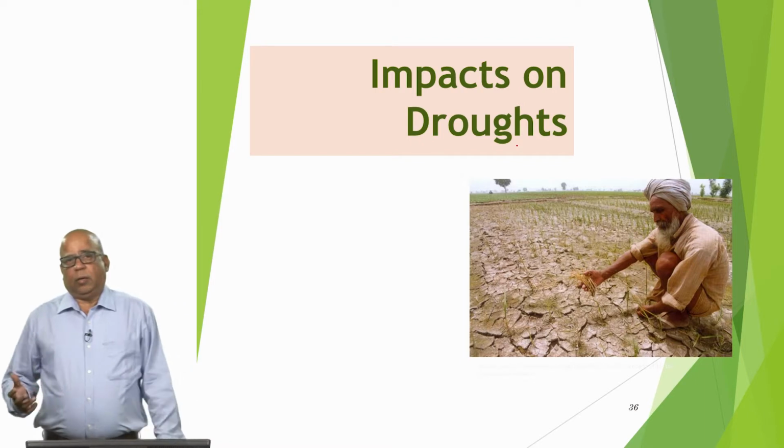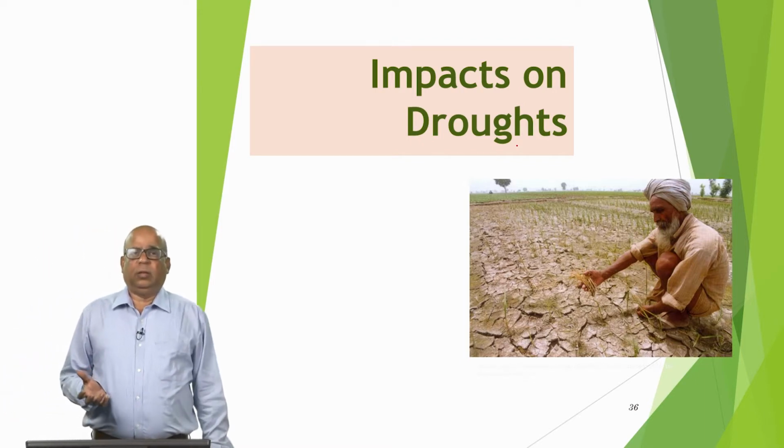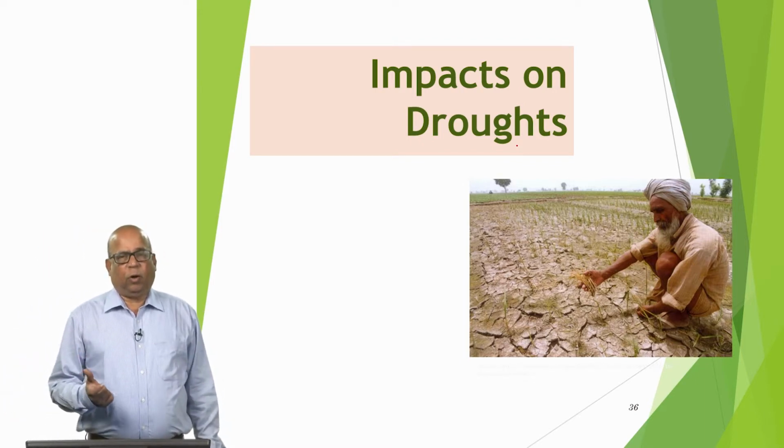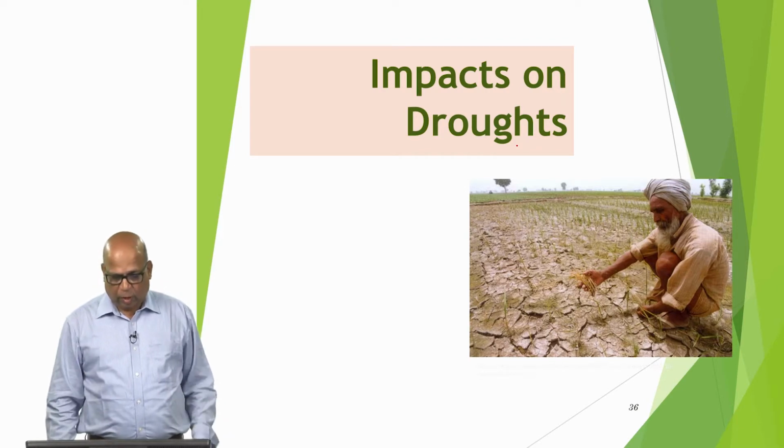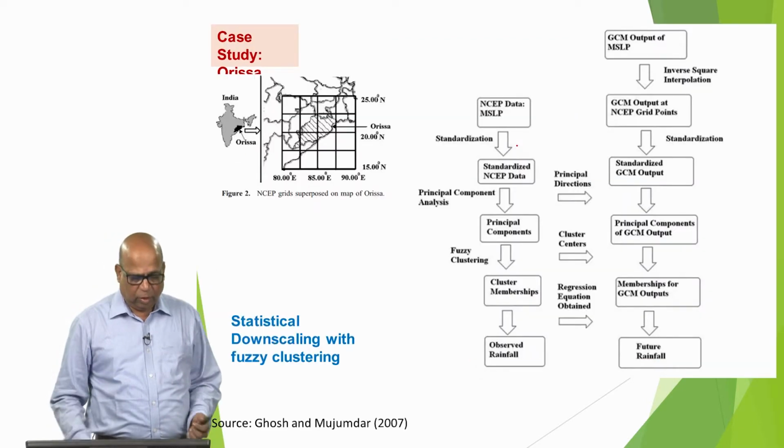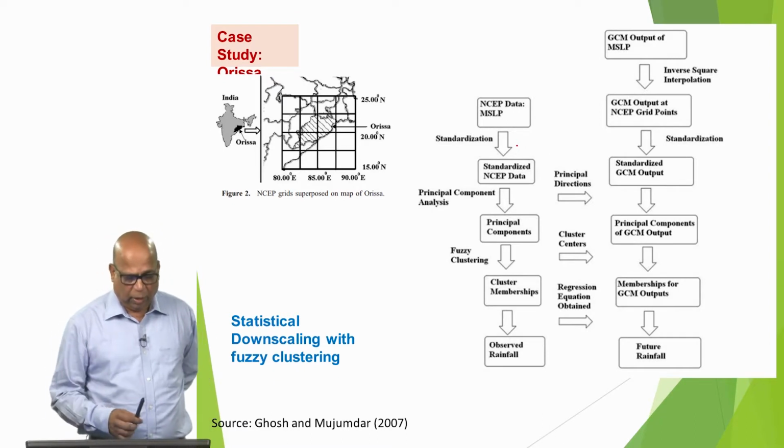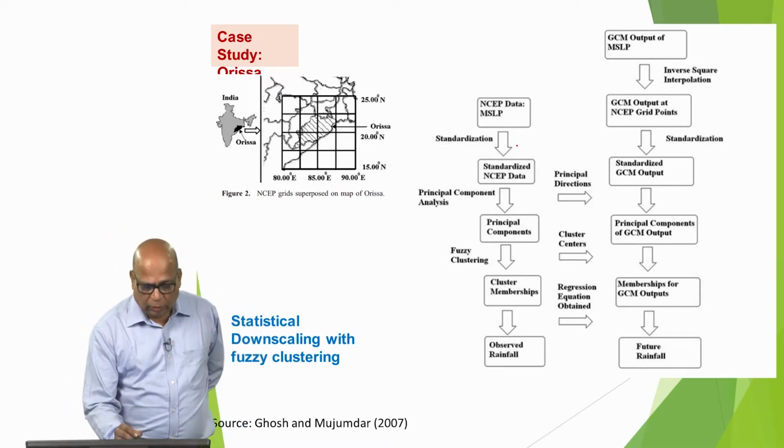Then we look at droughts. You know that a large number of regions of our country are drought prone, and drought situations like the Marathwada droughts etc., have been happening frequently now. So, this is the area we take